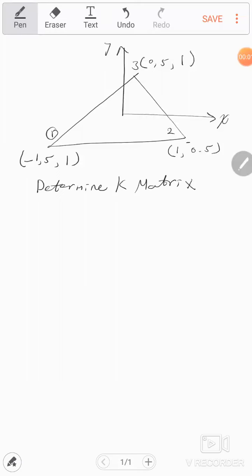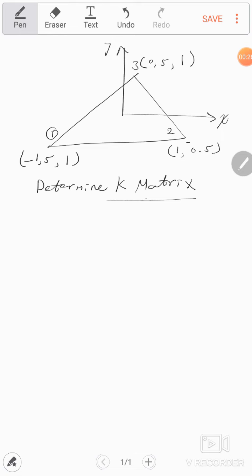Hello everyone. Today I'm going to show you how we can solve the 2D triangular element by non-linear case. So here I have a 2D element, and the question is find the K matrix, and we have